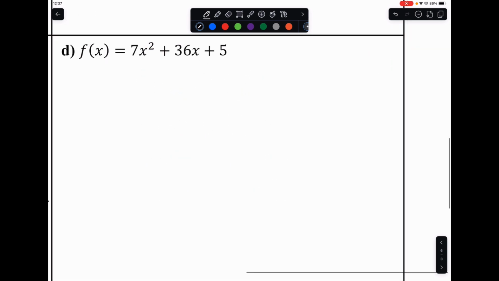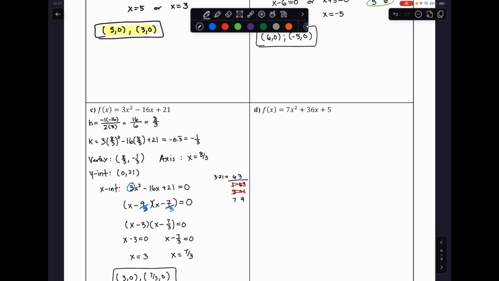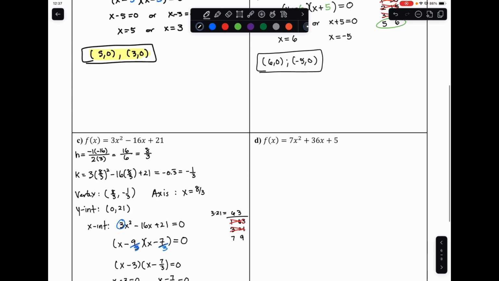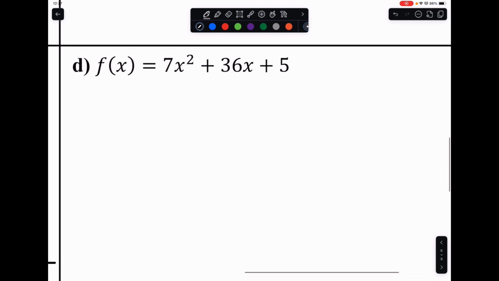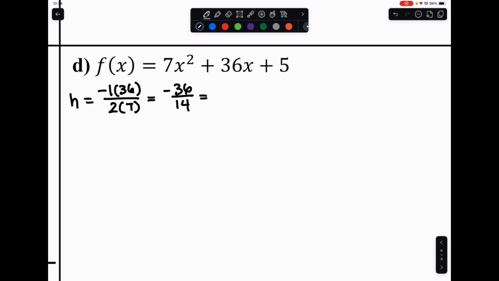Okay, one more example of this here. We have now example D. So example 5D here. Let's identify again the vertex first. So H will be -1 times the B value of 36 divided by 2 times the A value of 7. And 36 divided by 14 has a common factor of 2, so we could end up with